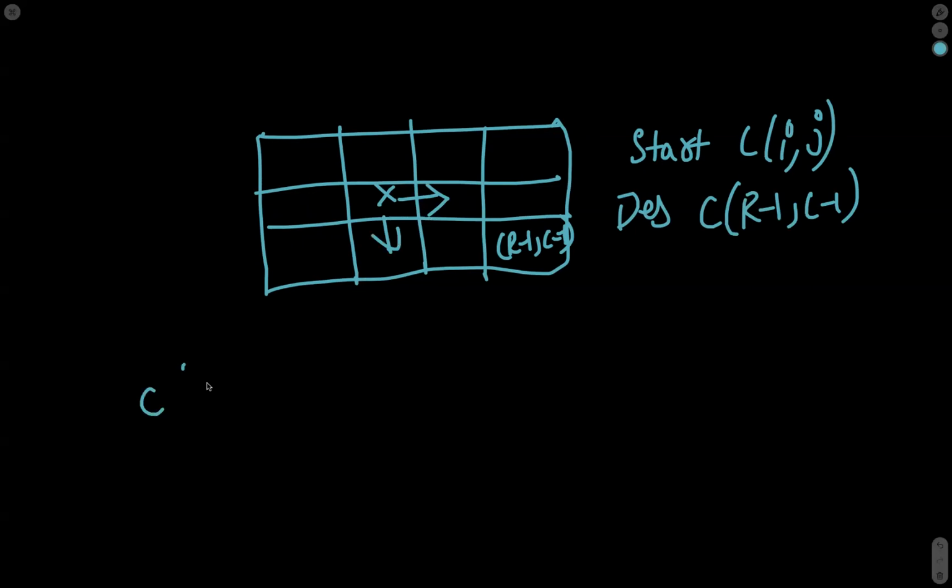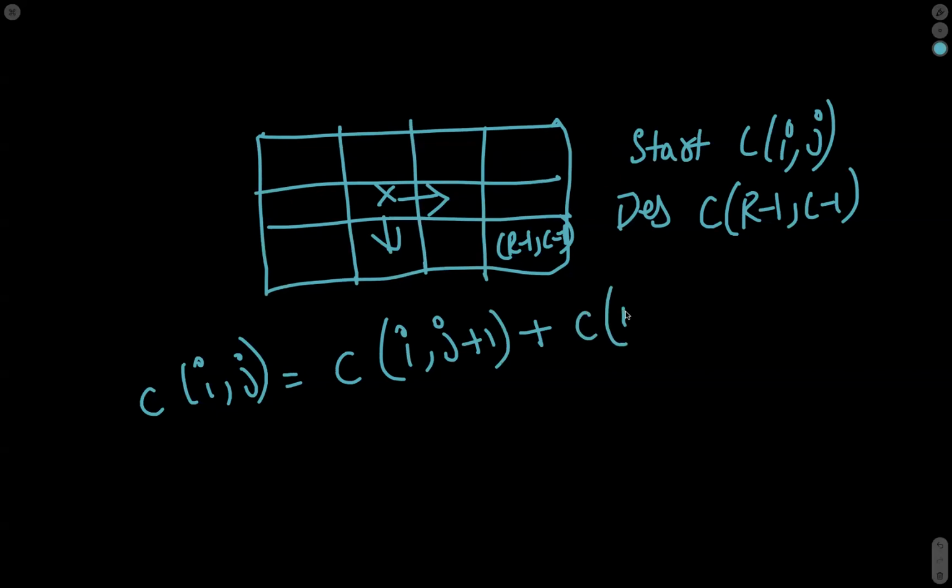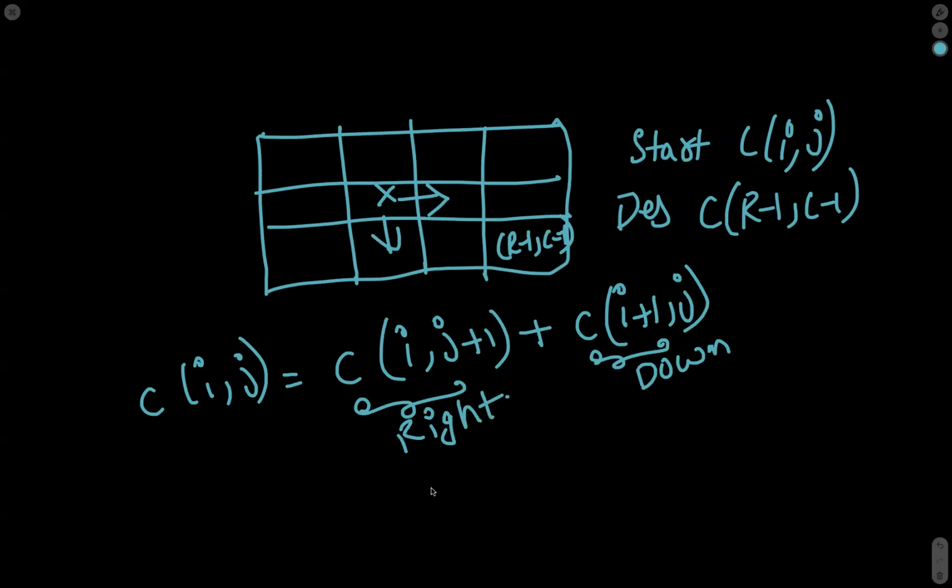So when I'm starting at I comma J, I can say something like the count of all the paths from the current cell to the rightward direction. The rightward direction would be I remains the same and J is incremented by 1, plus the count of all from I plus 1 comma J. This will take account of down, and this will take account of right. Does this make sense?